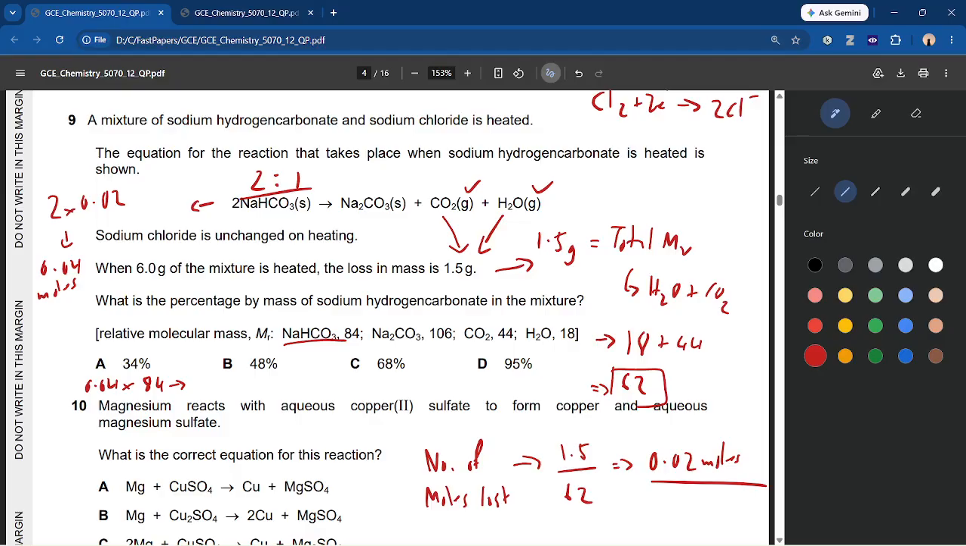Yeah. So once we get that value, and then you divide that by 6,